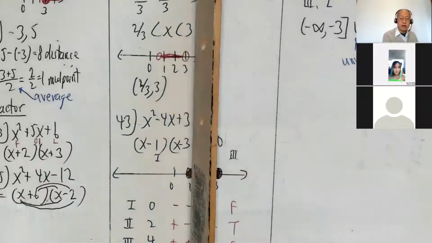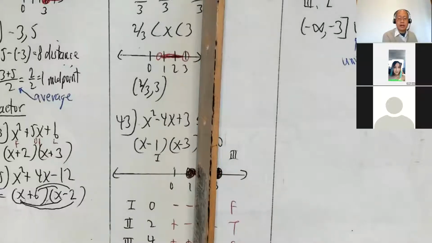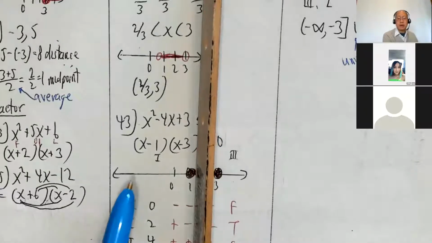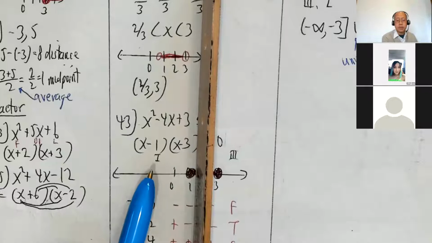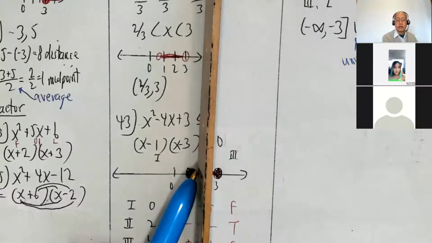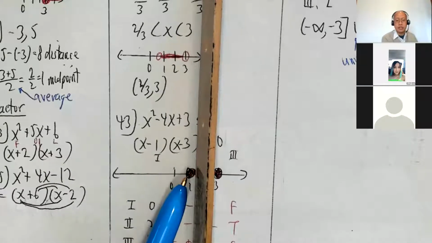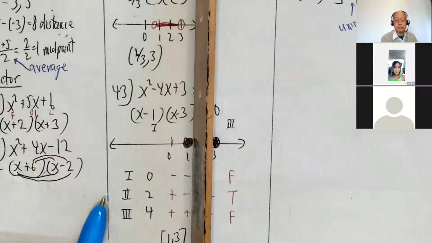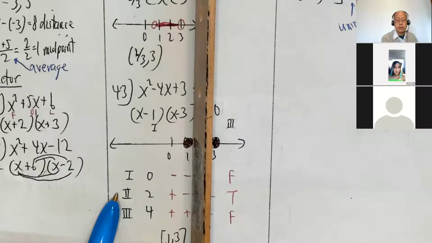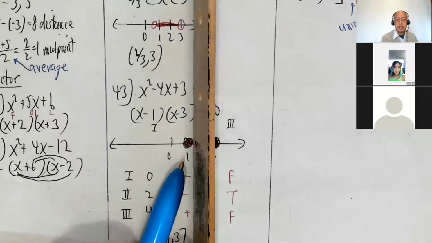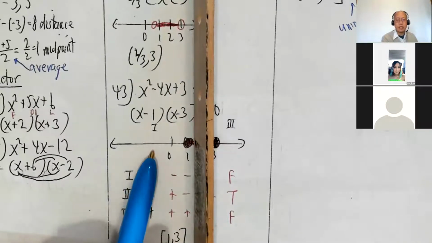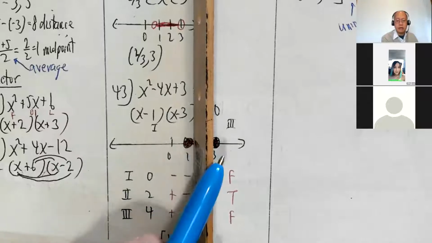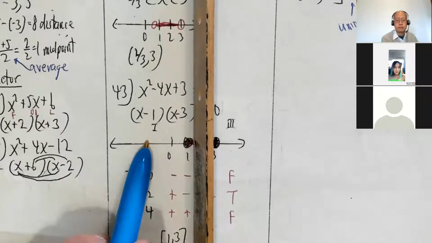Okay, now the finished product already looks like this, but right now we don't know that. At this stage of the game, I have 3 regions now. I call it region 1, 2, and 3. And I either shade in the region or I don't shade in the region. So region 1, 2, and 3 in Roman numerals. Okay. Pretend this isn't shaded in yet. Okay, so what I do now is I pick a number here, pick a number here, pick a number here, pick a number in each region.